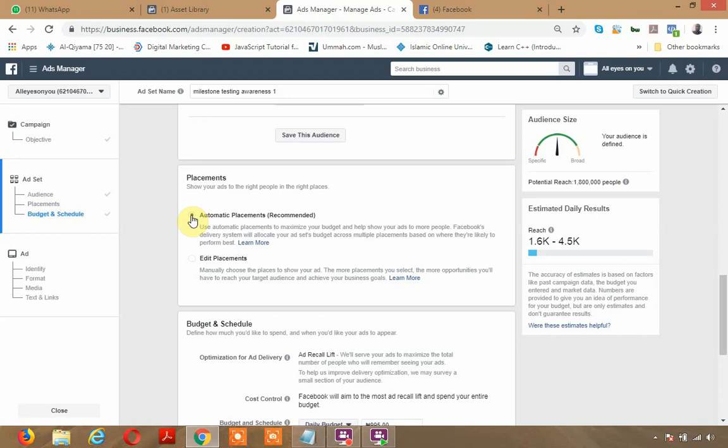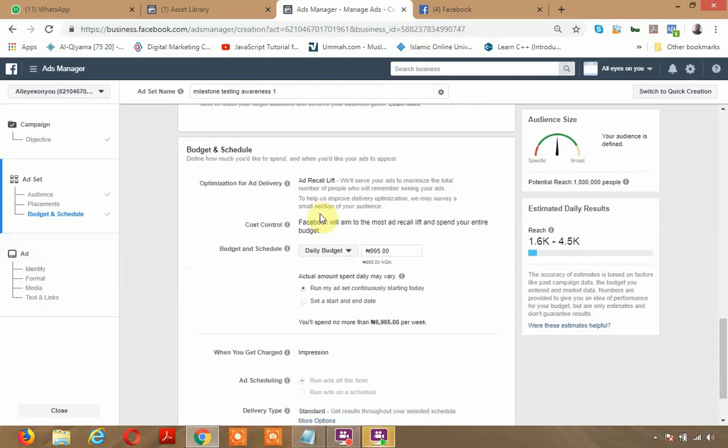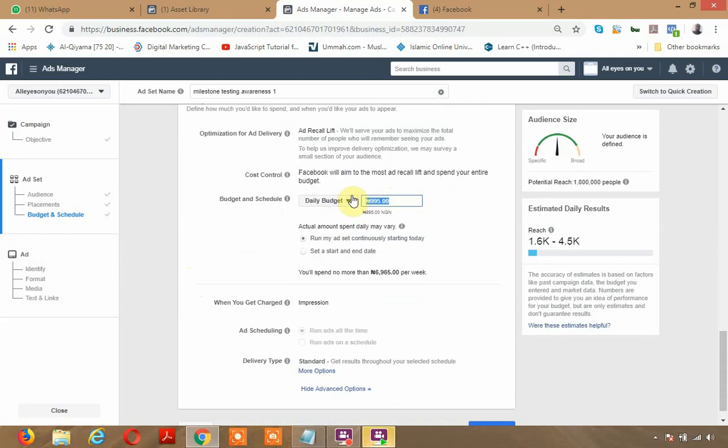But if you are actually looking for your targeted audience, you know those people, you know where they are located, you know what they do, you know what they prefer, then you have to take your target to those locations. You have to streamline to those locations. And having done that, you have to now do your budget. Now budget is daily budget. The minimum is 200,